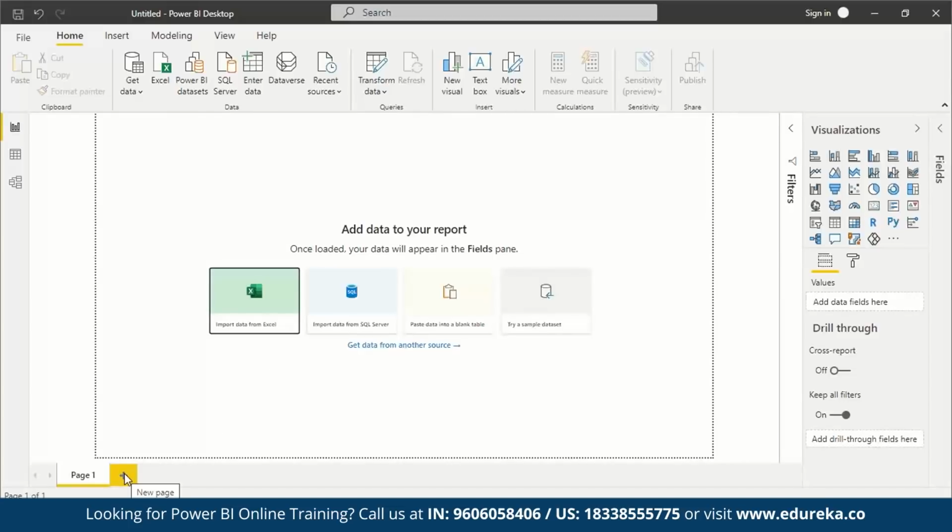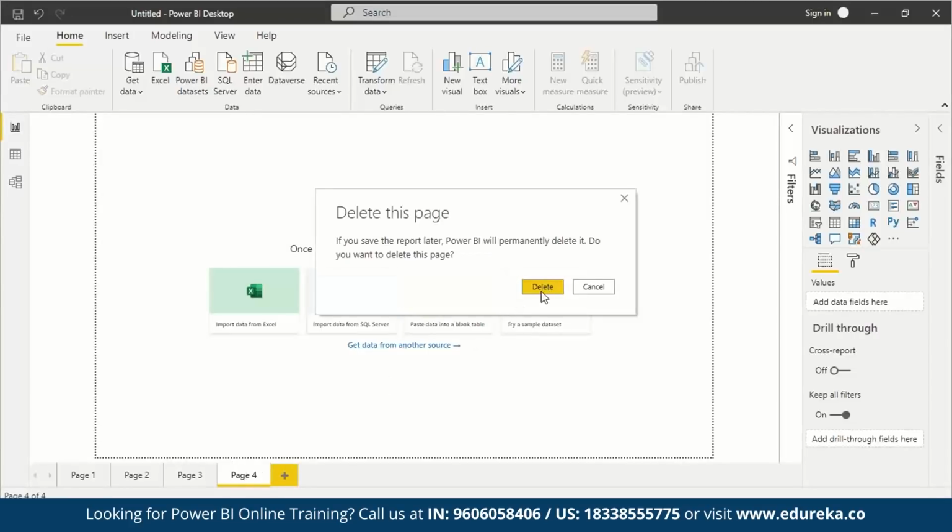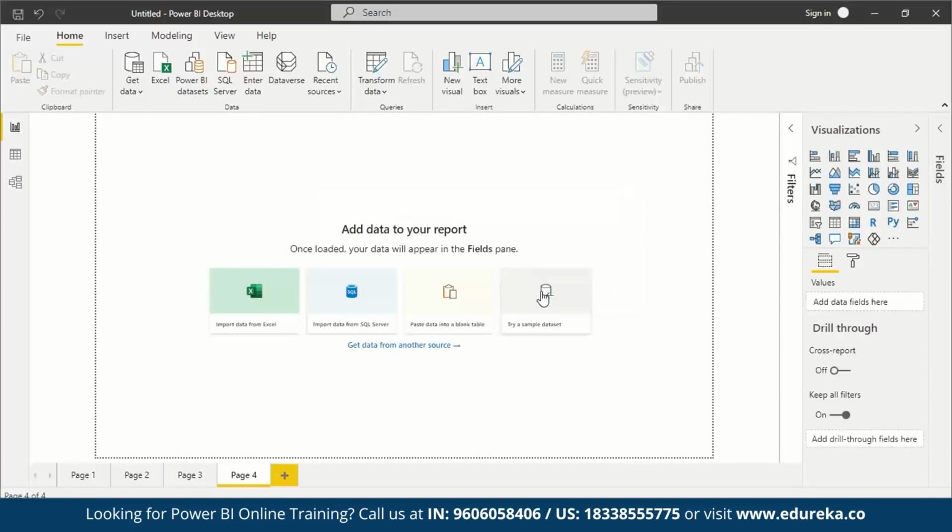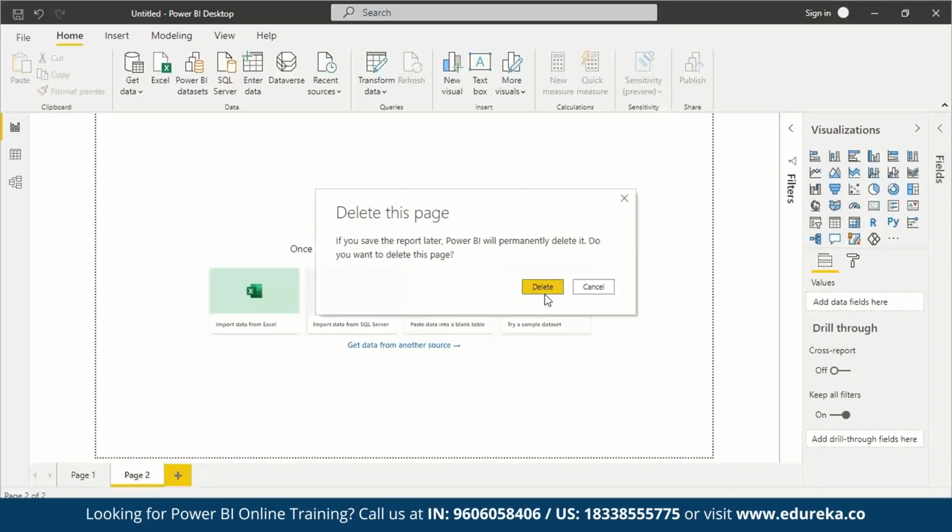Now, if you look at the bottom, you can see page one. If you want a new page, you can click the plus icon and it will create a new page for you. And you can just shift around with your pages. Okay. And if you click another plus button, it's just going to shift you to page three, page four, etc. If you want to delete it, you can just click the delete option, the remove option, and it will delete the page. Okay. We don't need 3 pages as of now, so I'm just going to delete all of the pages except page one.